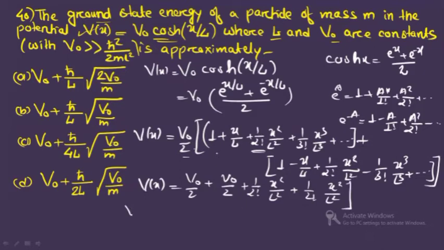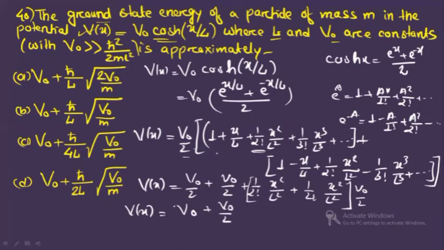So finally from here what you write, Vx is equals to what? This will give you V0 by 2 plus V0 by 2. You will get here only V0, right? Plus again if you see in this term, 1 V0 by 2 is multiplied also. Okay, this was left out. 1 by factorial 2 x square L square plus 1 by 2 factorial x square by L square V0 by 2. Now you see this V0 by 2, it is as it is.